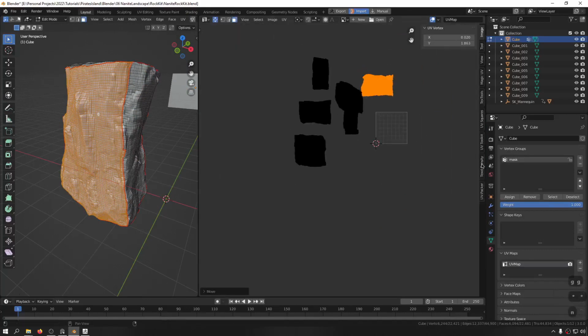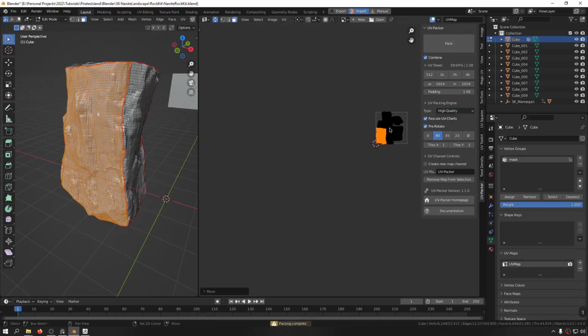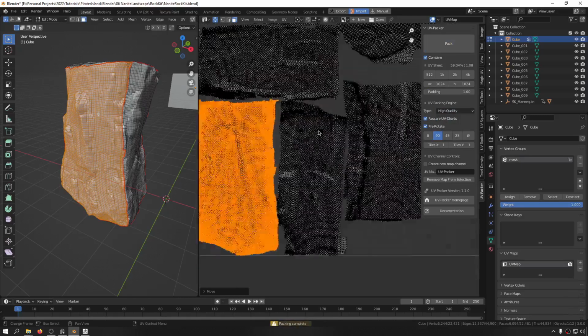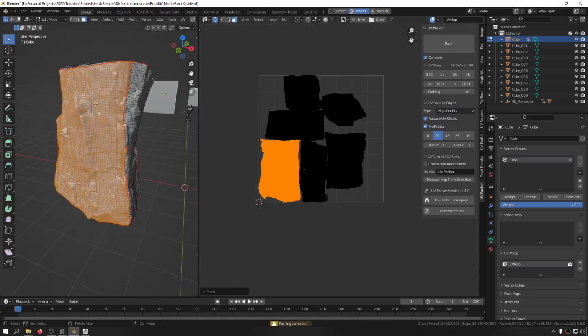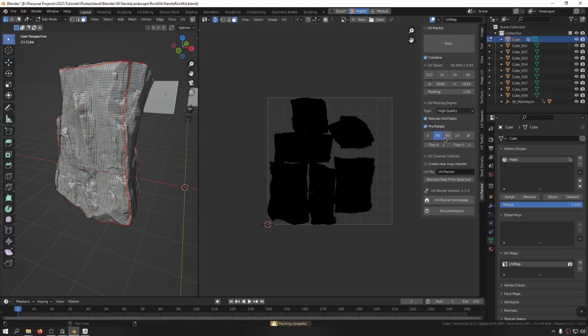And now let's go to UV packer, bring the padding to 1, make it high quality and hit packing so that it packs the UV for us. It looks like it's not so optimal and we need to think about it. So let's pack again, set the rotation to 45 degrees. No,